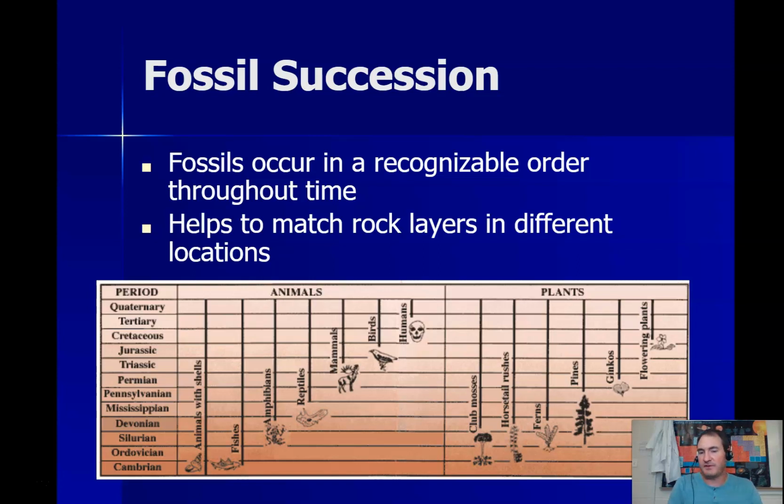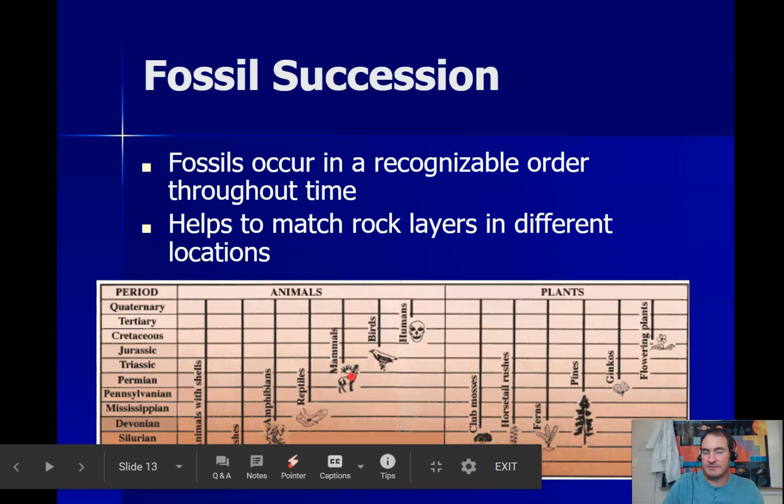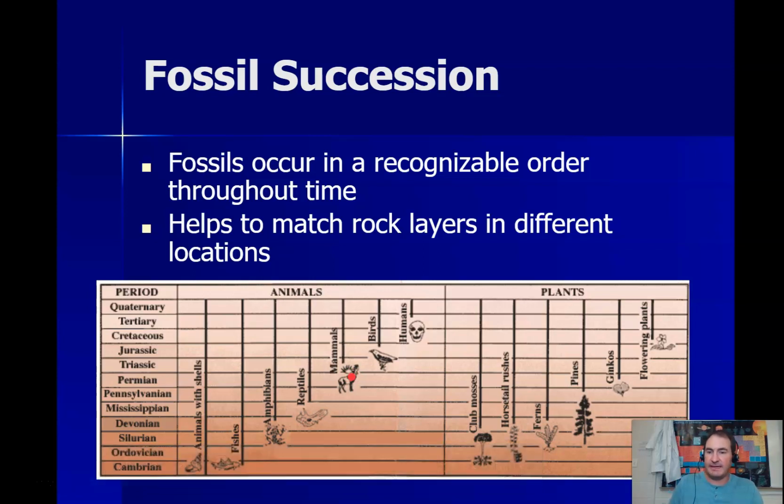So if we find a certain type of fossil, for example, a mammal fossil of some rodent, in a rock layer somewhere, we can say, well, this rock must have been here around this time, assuming that we can confidently say that that skeleton of that mammal is in fact what we are saying it is. There are other techniques for that portion of it,